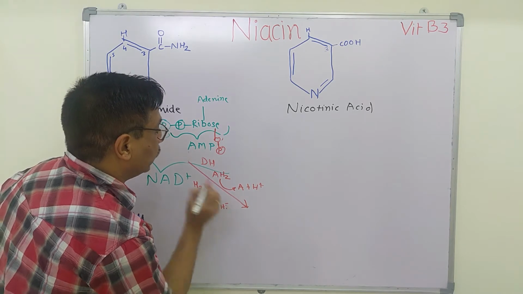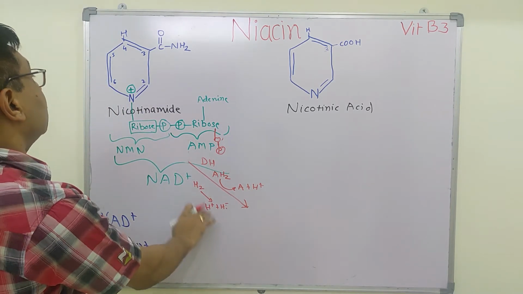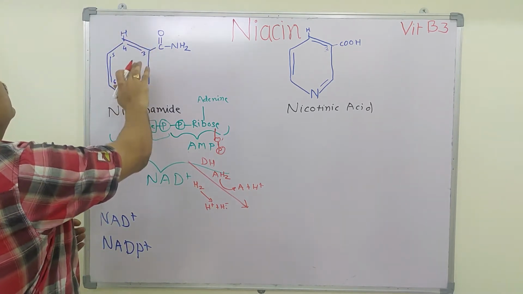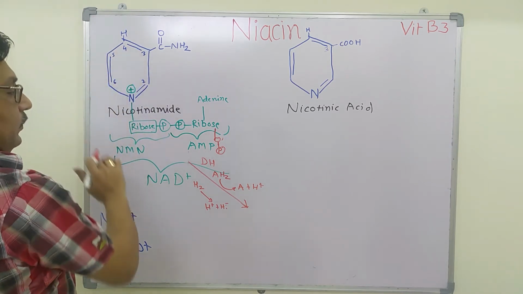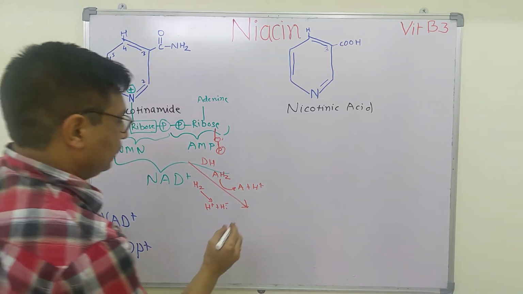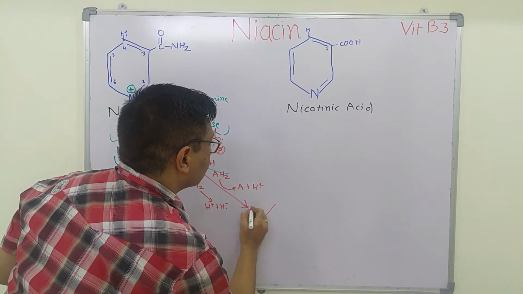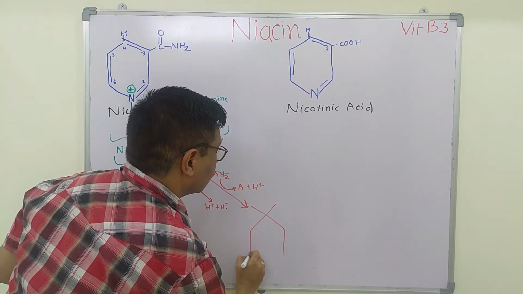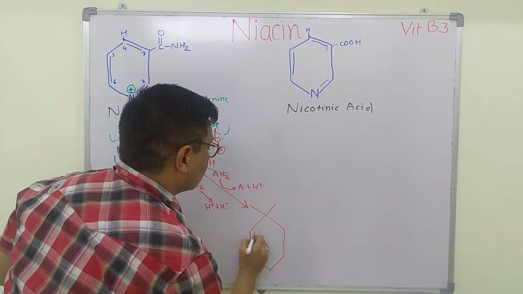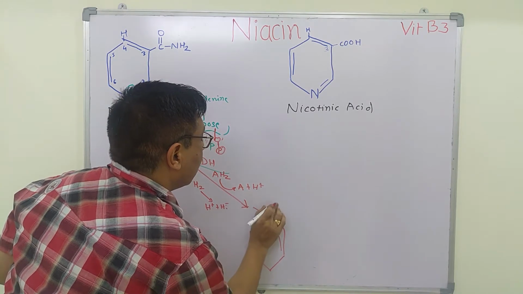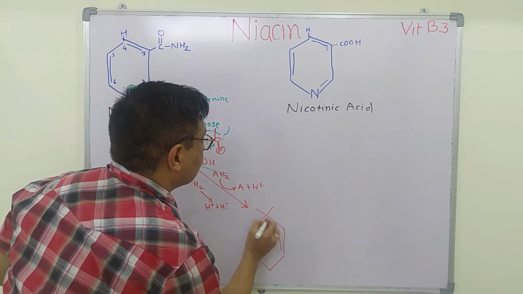Hydride ion contains 2 electrons. Of this structure, the 4th carbon is the acceptor of this hydrogen. So the hydrogen is accepted at this 4th carbon